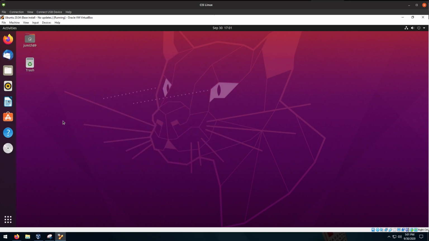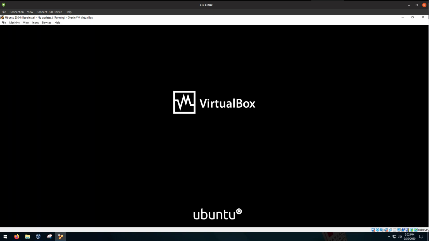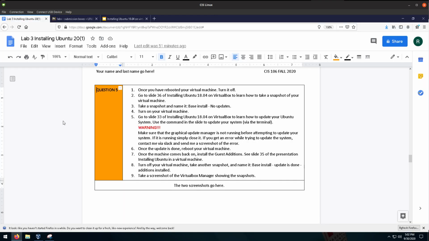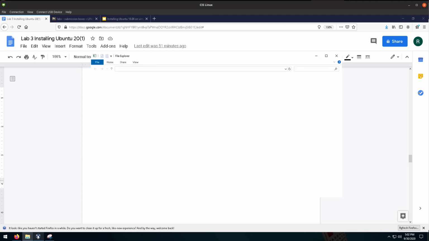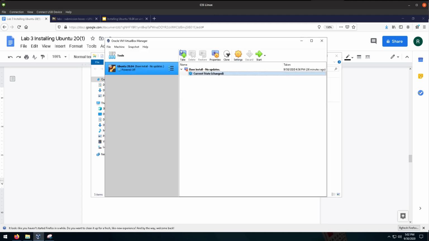my snapshot. So I'm going to shut this computer off, and I'm going to do it by telling it shutdown with the argument of 0. This tells the computer to put it in run level 0, which is shut down, and the virtual machine is off. Now I'm going to go back into my VM,